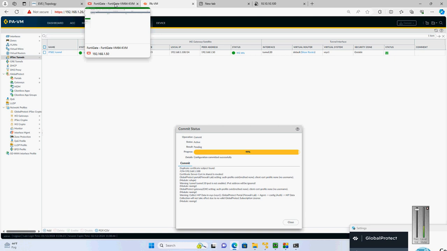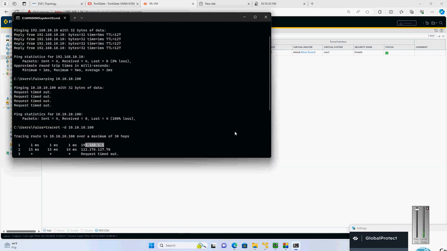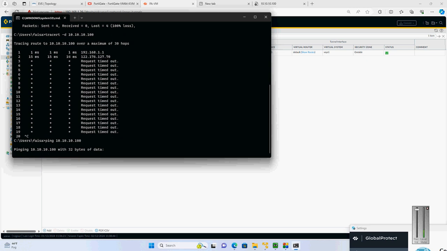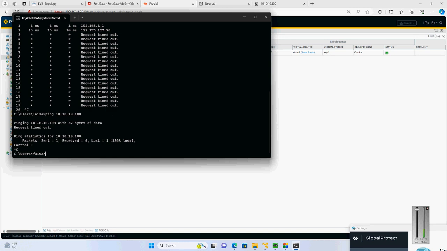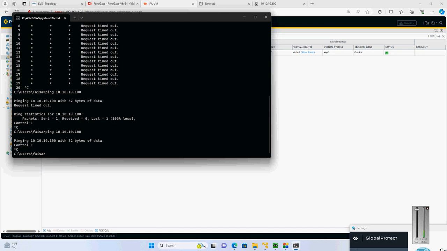So the tunnel is up, but my Palo Alto Firewall is not receiving the traffic. As we saw, the subnet was not added in the split tunnel. Now the configuration is completed. Let's try to cancel this and try to ping 10.10.10.100, the partner portal IP, but I am still not able to ping this IP. If I try to trace this IP, let's see